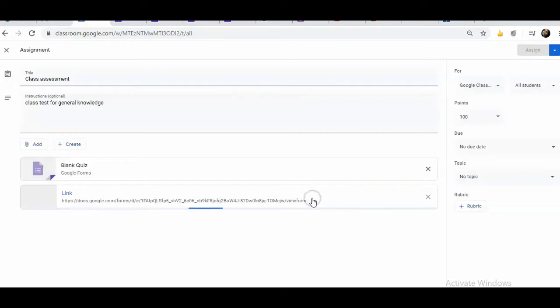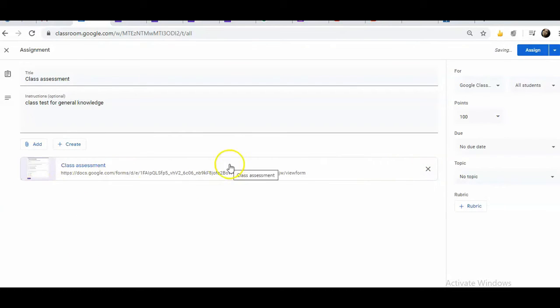Okay, new form, add link, and I will delete this one. Because I have already created this out of the blank quiz form, I have renamed and recreated this class assessment titled form. So I will delete this one, and students will be able to see this view form on class assessment, and I can